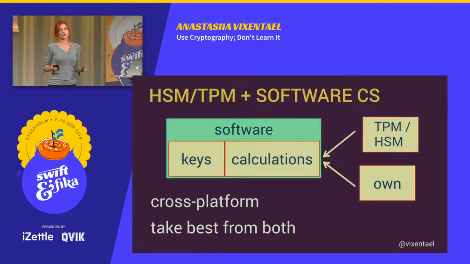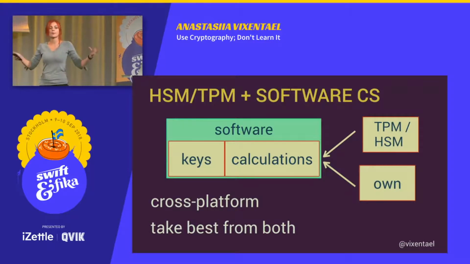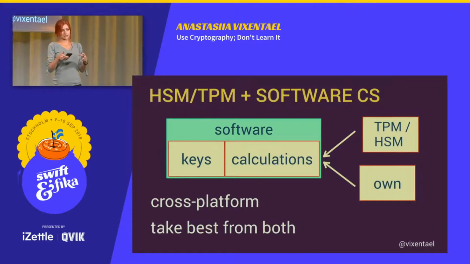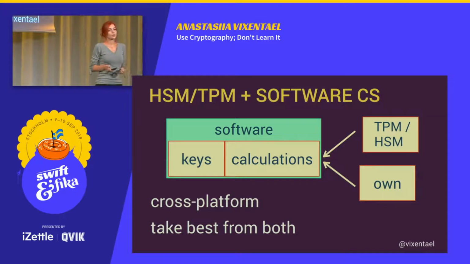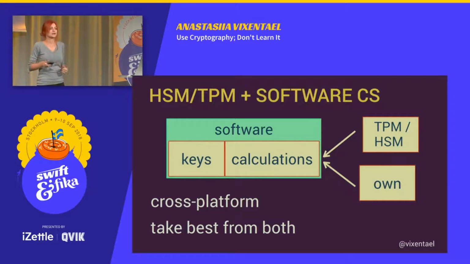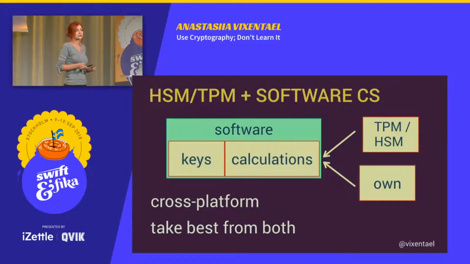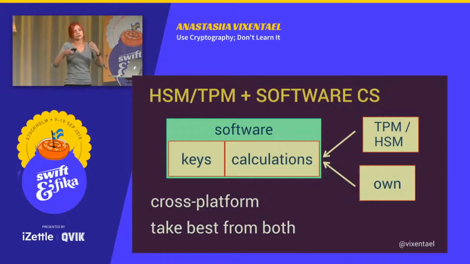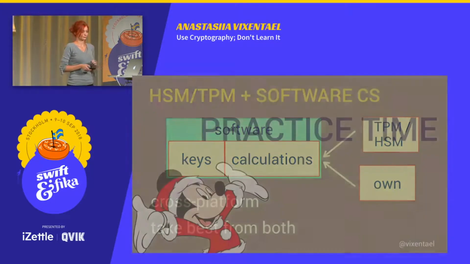So typically, when we are working on a security system, we combine the best things of both worlds. We use hardware cryptography where we can. Where we can't, we use software cryptography. If we can't put keys on the hardware level, we should protect keys by some user-generated passwords, let's say, or some other keys that are not stored in our system. Basically, do as much as you can to eliminate the risks.